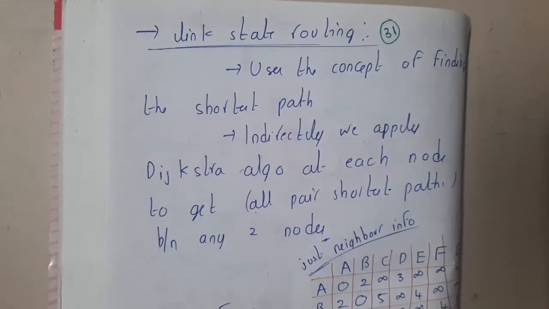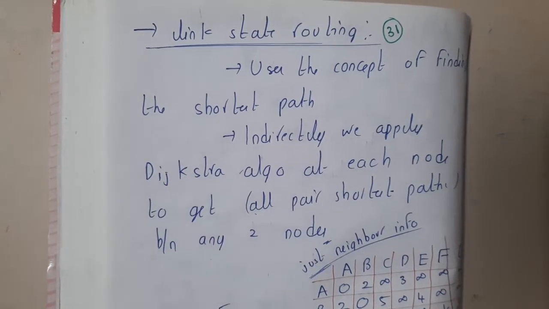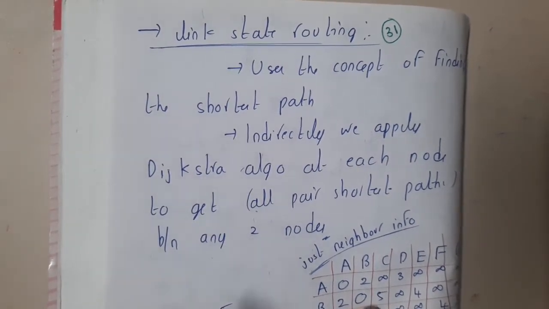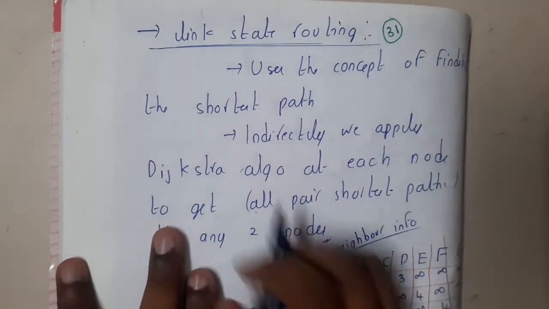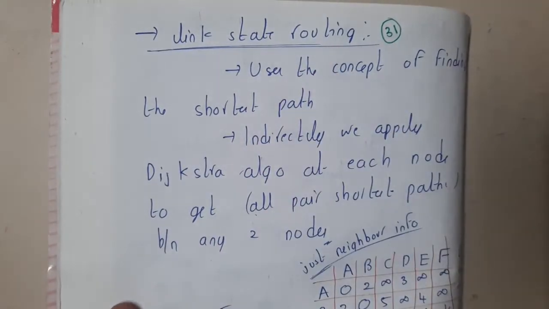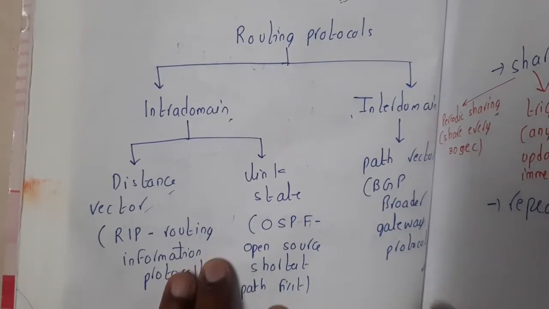In this lecture, let us go through the next topic, that is link state routing, guys. In the last lecture we discussed distance vector routing, right? So this is the next type of routing algorithm, link state routing, and the protocol it uses is the open shortest path first algorithm. It is nothing but OSPF, Open Shortest Path First.